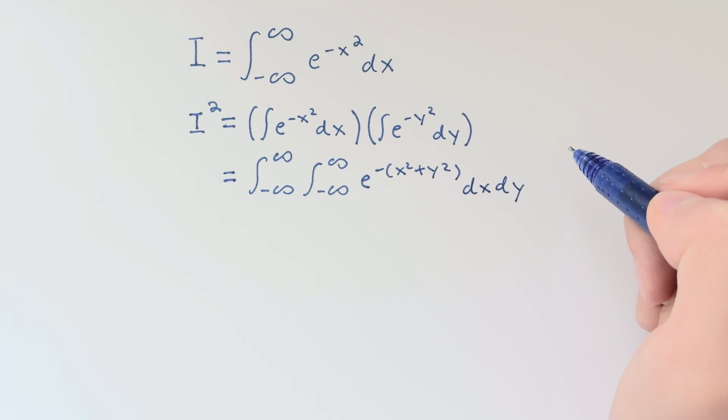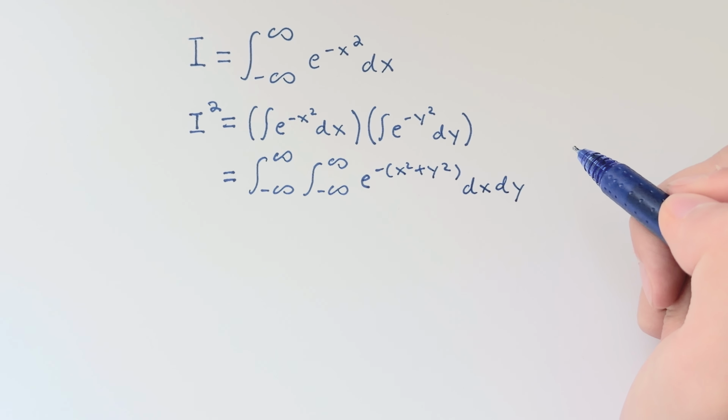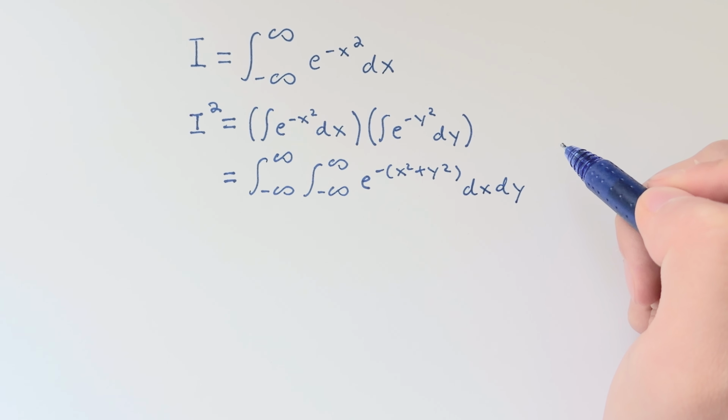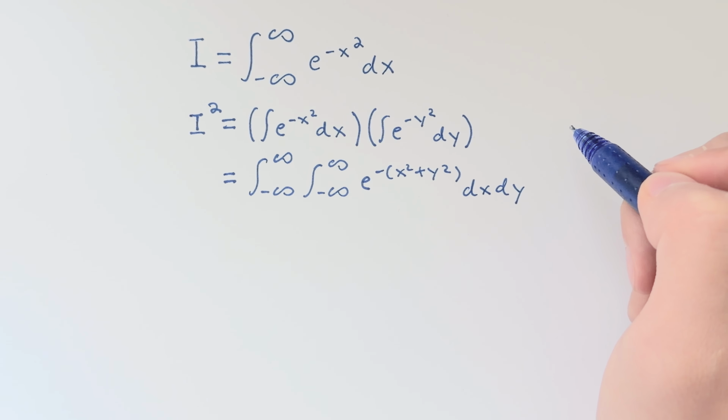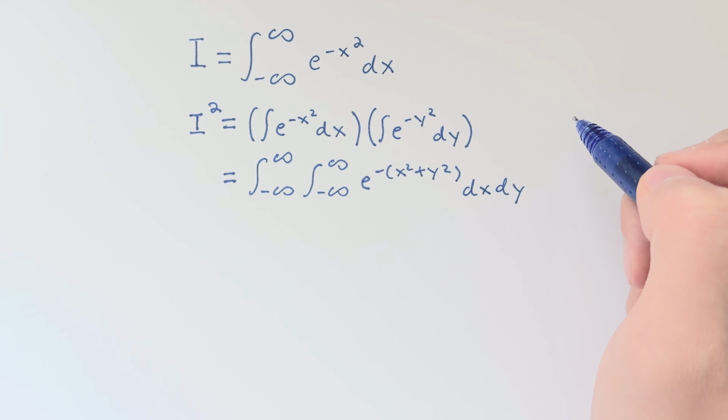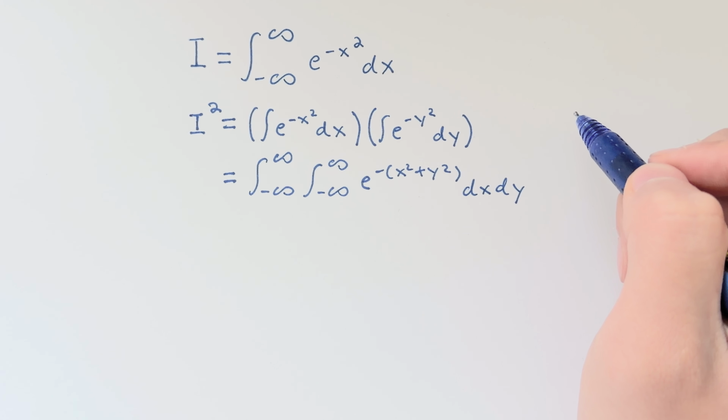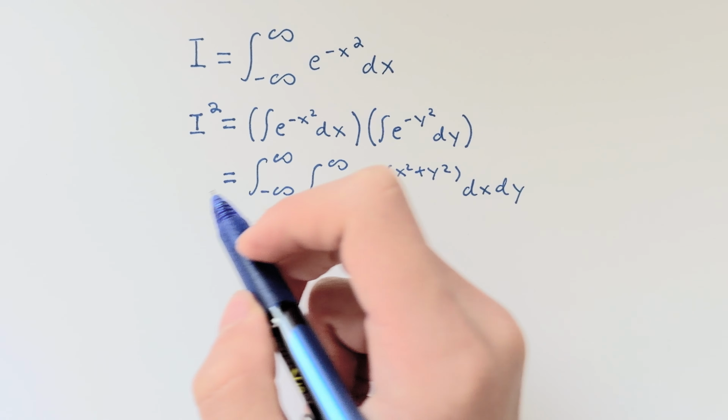So the move here is that rectangular coordinates x, y make this impossible. But look at that x squared plus y squared, that's the equation of a circle. If you switch to polar coordinates using radius r and angle theta, the entire problem collapses. Our x squared plus y squared becomes r squared, and our tiny area dx times dy becomes r dr d theta. The integral transforms into I squared